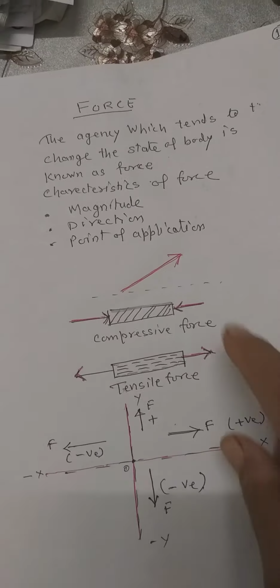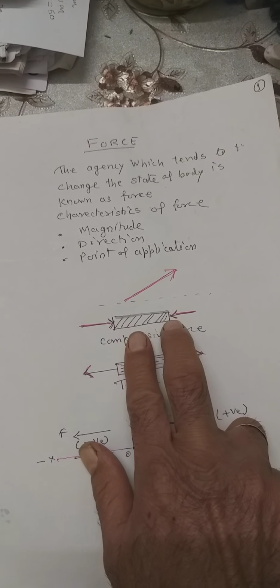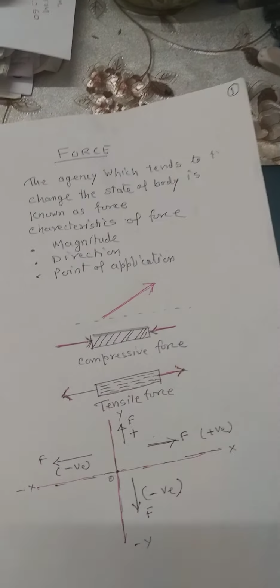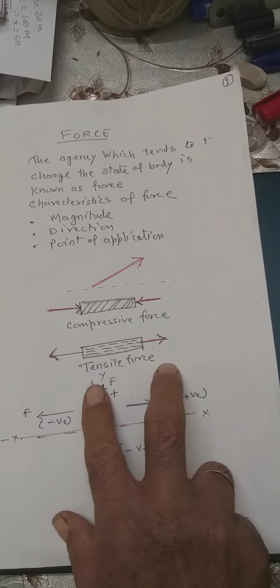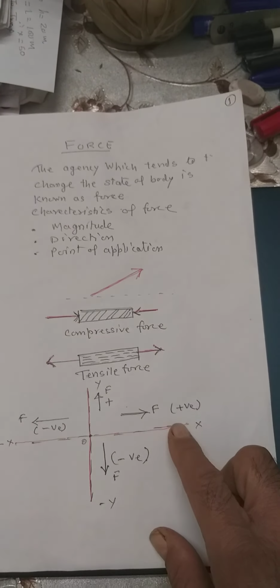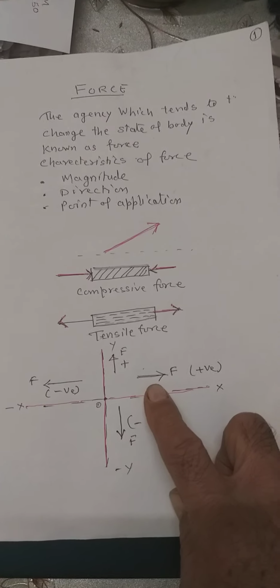Generally, the forces are defined in two ways. One is the compressive force, when the forces are acting and try to compress this body in this direction, try to reduce the dimension, that is called the compressive force. Or when it pulls it out, it pushes it back, that we call the tensile force. Generally, the third force is also we call a shear force or the tangential force which is acting over here, but at this stage we are not defining that particular force.